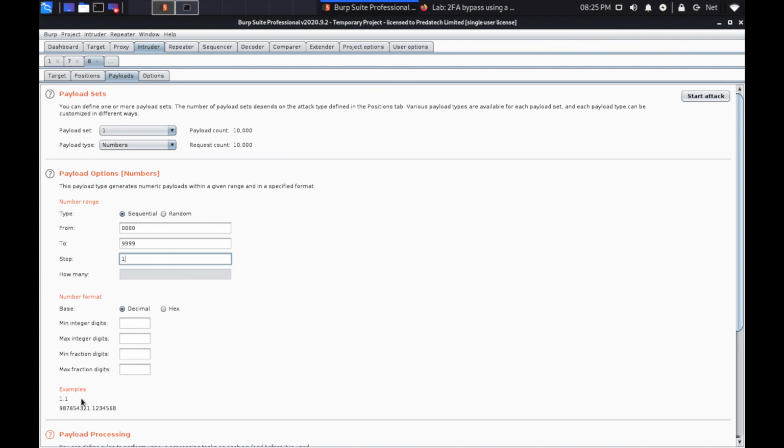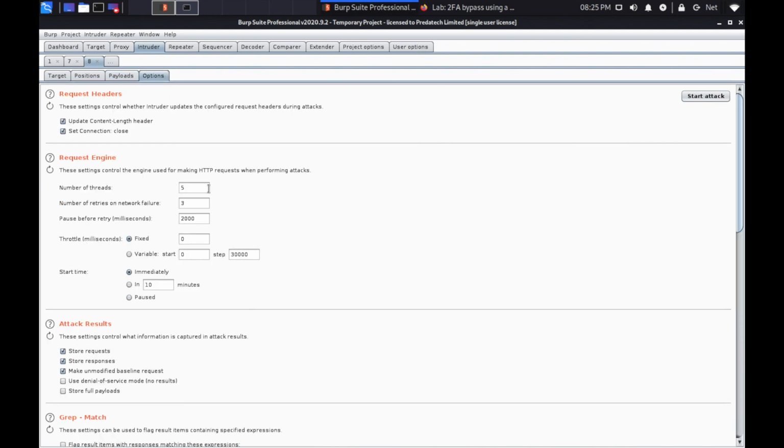But if you see here in the examples, it shows that it's not going to end up like we want. So we need to put in minimum integers of 4, and we could put max integers of 4 as well, and you see that it now comes with the format we want. And we've got to be careful because we need to do one thread just because of the CSRF token. If we do 5, one CSRF token will be valid, and the other 4 won't. So that's why we do one thread. And if we do start attack,